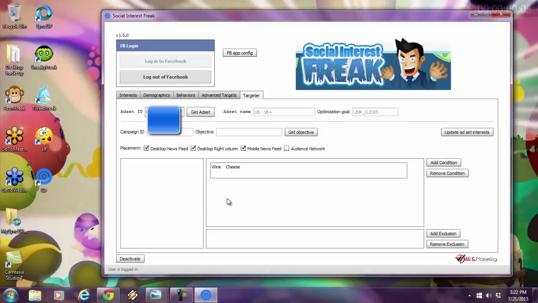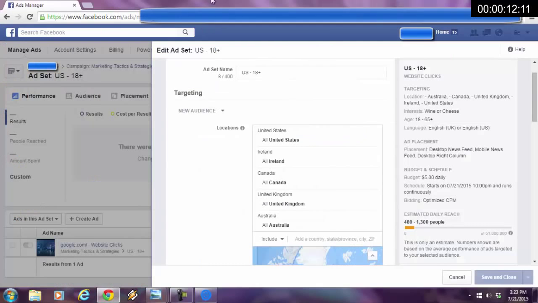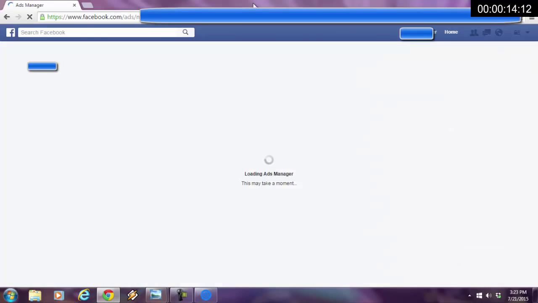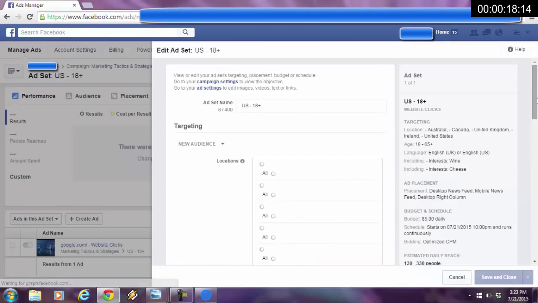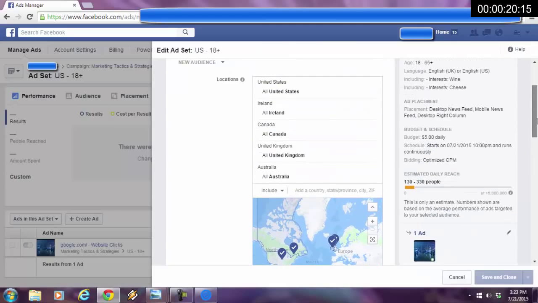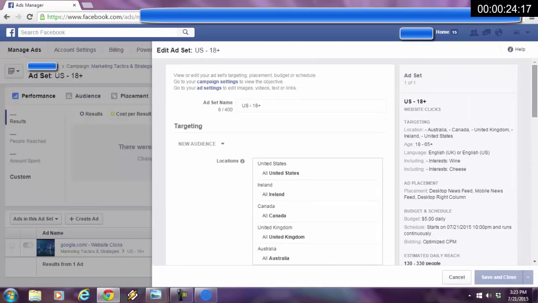Now watch me within 60 seconds how I'm going to super focus this, okay? So I'm going to add a new condition. This is not possible through the Facebook ads platform. I'm going to drag and drop that. I'm going to update the ad set interest. Update was successful. Wonderful. I'm going to go back here and I'm going to hit refresh. Now that I hit refresh, you're going to see my audience size go down to 15 million people. But you know something? I'm not done yet.